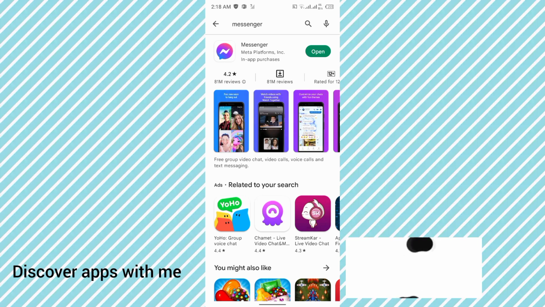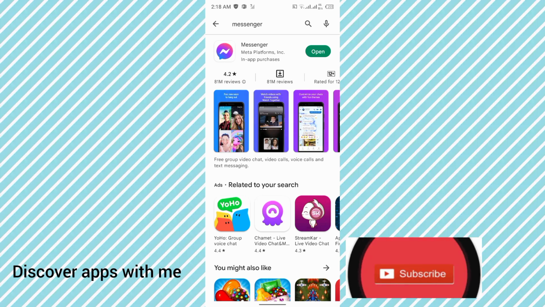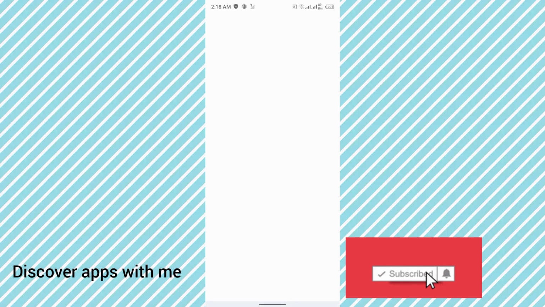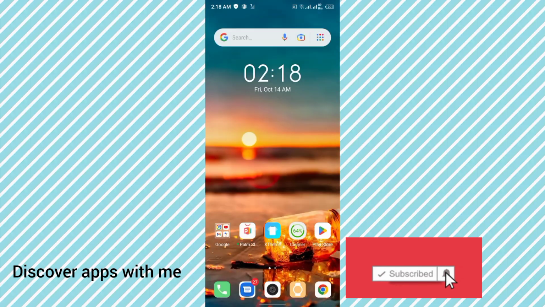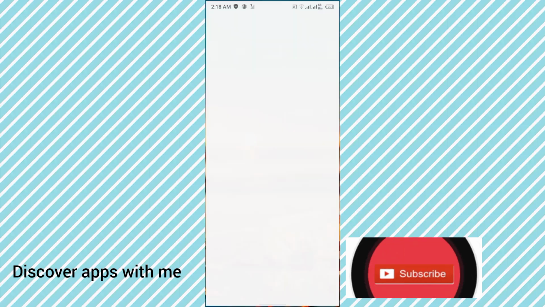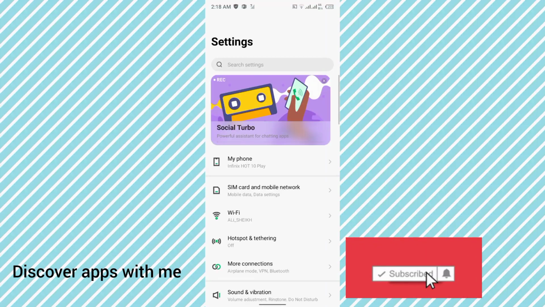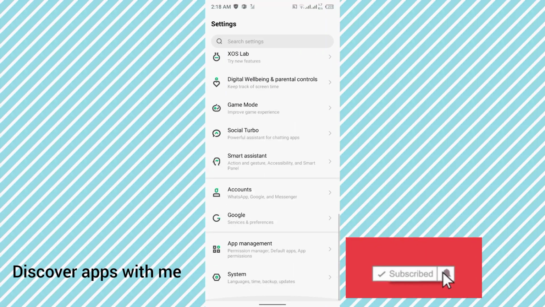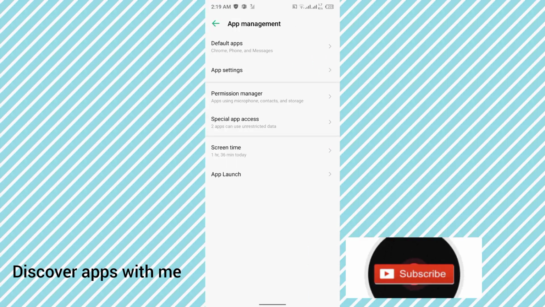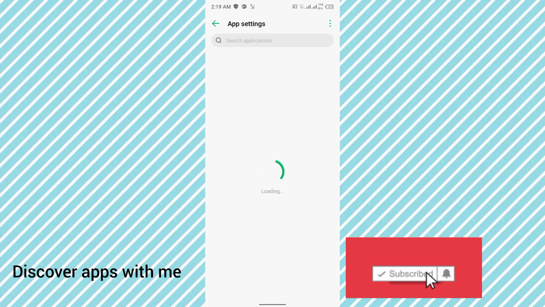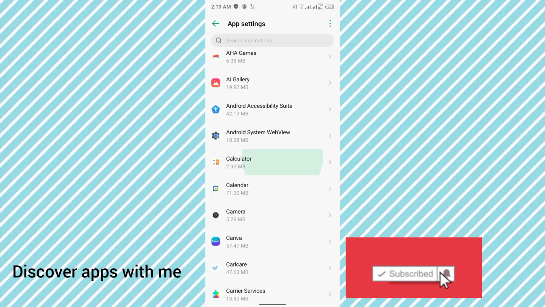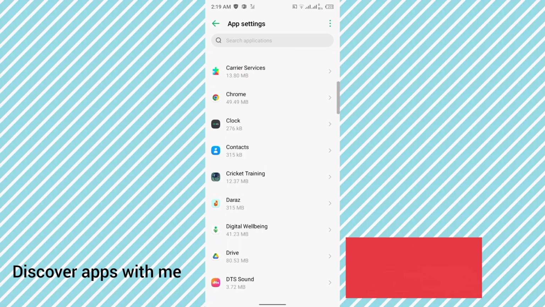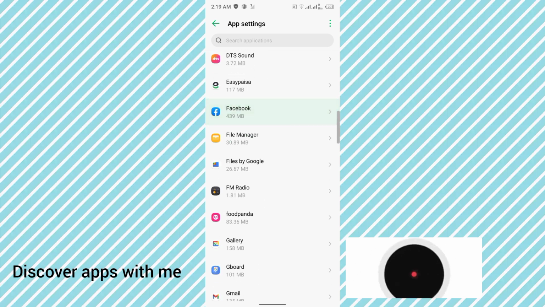After this, I hope you will be able to fix the problem, but still if you are facing the problem, the last thing is that you have to go to your mobile settings and go to app management towards the bottom if you are using an Android mobile phone. There you got the option of app settings, click on it. It will give you the list of all the apps on your mobile phone. From there you have to go to the Messenger settings,